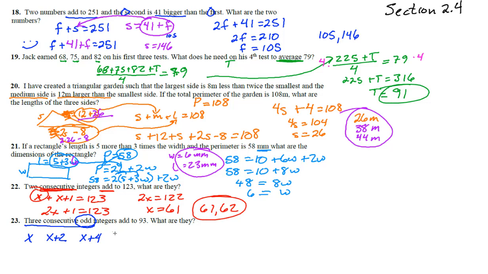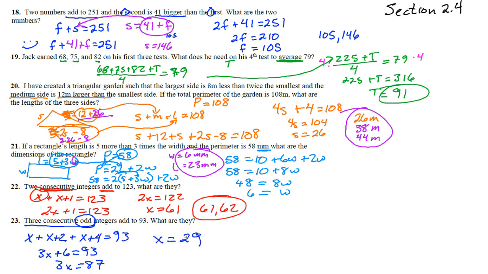Those are the 3 consecutive odd integers, and we only needed the one variable of where to start. That's pretty slick. And it says they add to 93. Oh, that's nice. We've got an equation. We can solve this. 3x plus 2 plus 4 plus 6 equals 93. Subtract 6, we get 3x equals 87. Divide by 3, and we get x equals